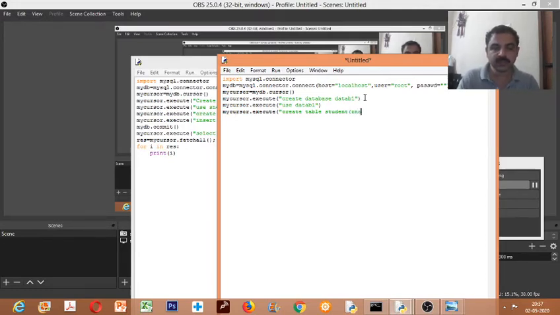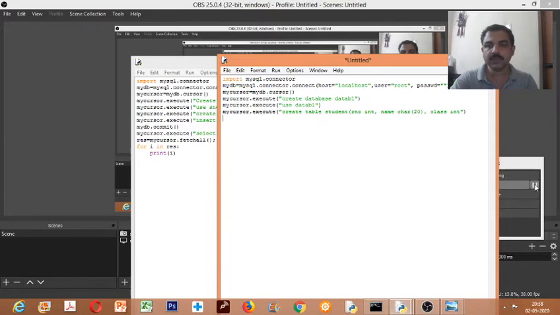I want roll number, what type is roll number, then name is of what type, what will be the maximum size, then class. Let us take these three things first. Class also I will take as integer. So this is how we create a table. Database is created, we have opened the database, then we have created a table.